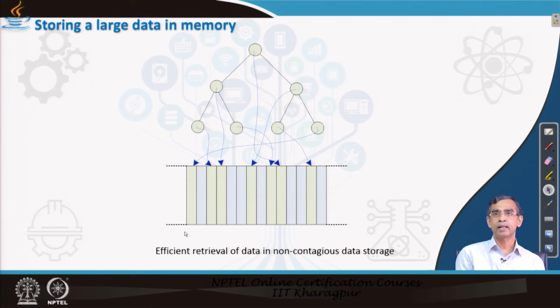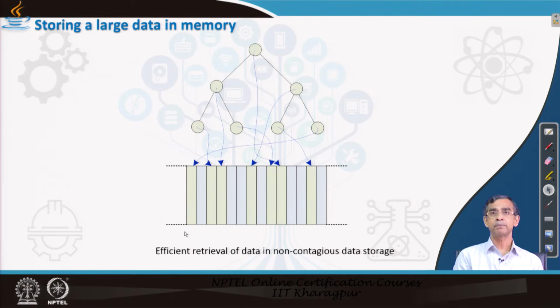So, the idea about the tree is that if the elements are not stored in a contiguous location, let them be wherever memory is available. But if you do that, then we have to maintain the ordering information. We have learned how the linked list structure is used to maintain which element comes after which element. So, ordering is imposed there, but that is in a linear fashion. So, in that sense the linked list is called a linear data structure, but there is another concept called non-linear